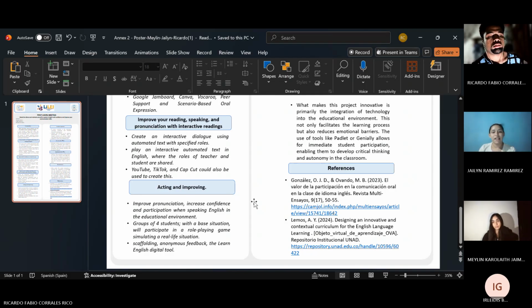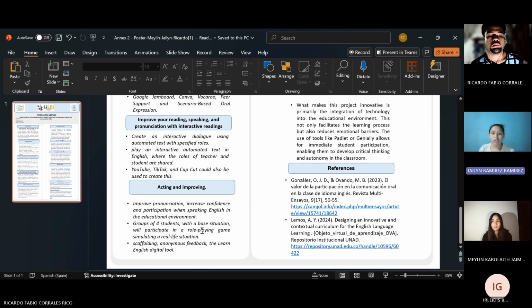Description. The students will participate in a role-playing game where they will simulate a real-life situation. Small groups of 4 or 5 students will be formed. Each group will have a card with a basic scenario, for example, in the library, and each student will assume a role according to their assigned location.